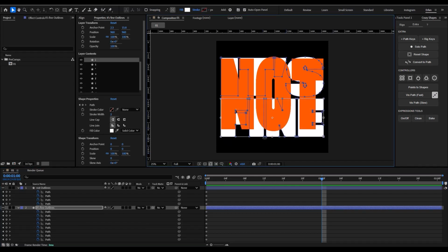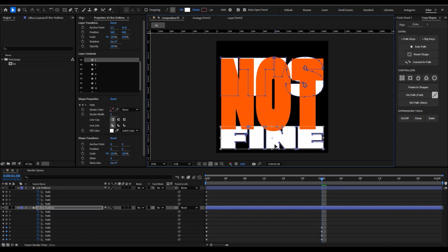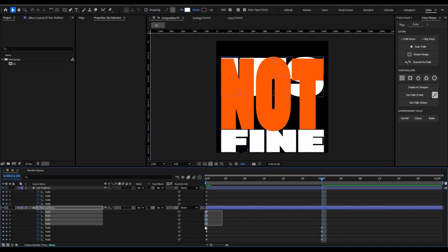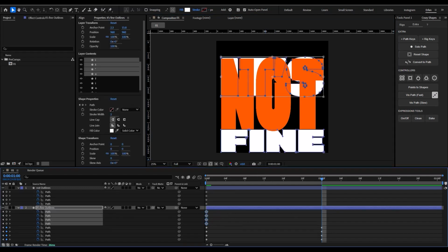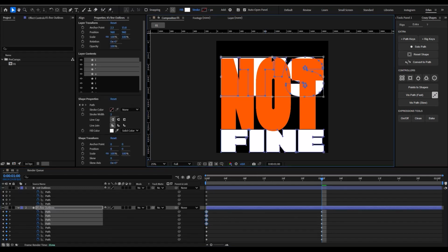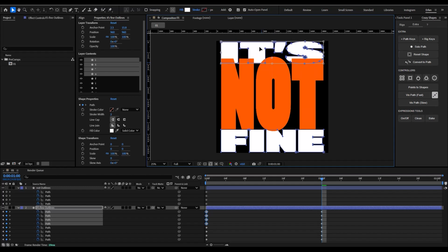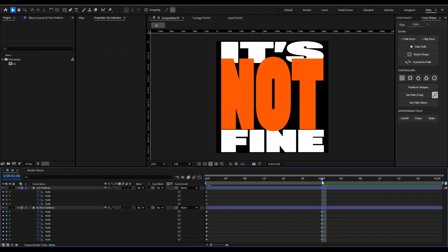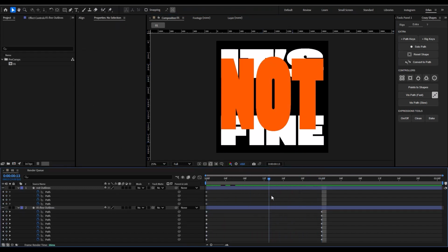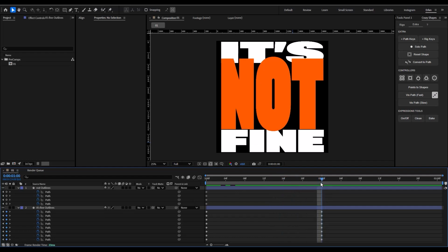outlines and I'm going to press Ctrl+T to select the borders. I'm going to set the anchor point on down and I'm going to stretch it around here. Now also I'm just going to push it to the bottom like this, and then I'm going to select its layer and set the anchor point on top and stretch it like this. So this will be our first animation, and when the animation reaches 1 second, what we need to do